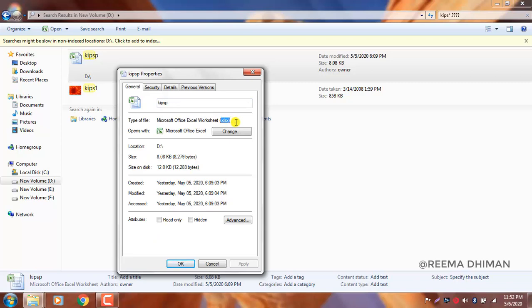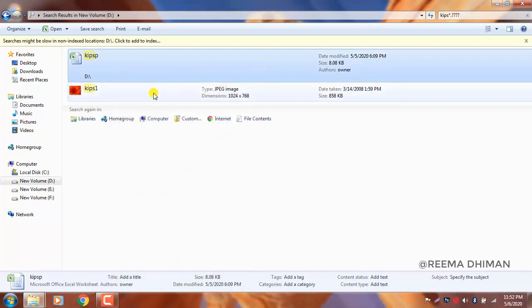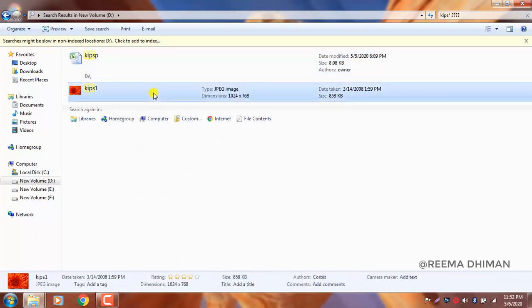So here 4 question marks are because of the 4 letters in the file extension. Similarly in this case, the name starts with Gibbs and is followed by 1 character. So I think the topic of searching using wildcard characters is now clear to you.